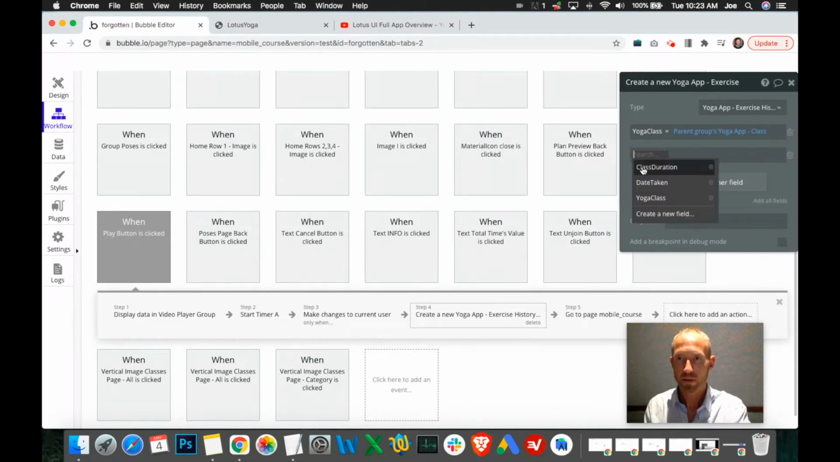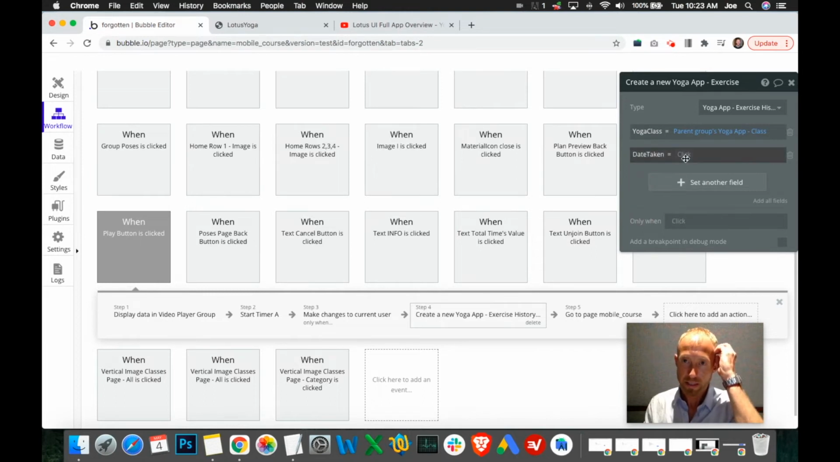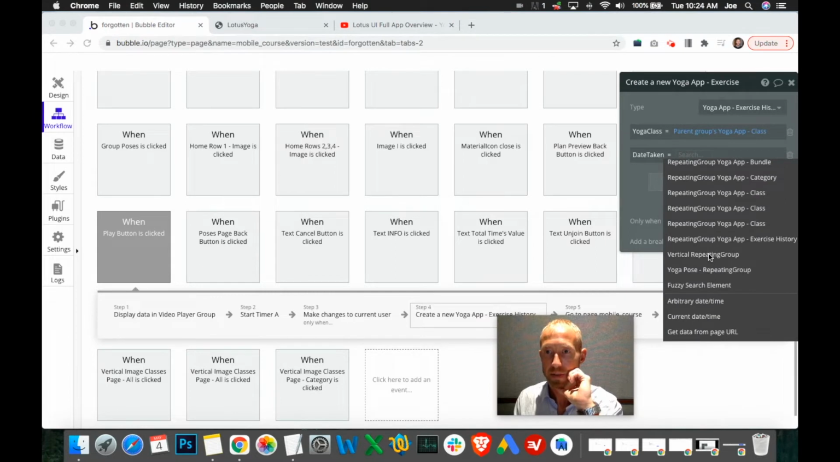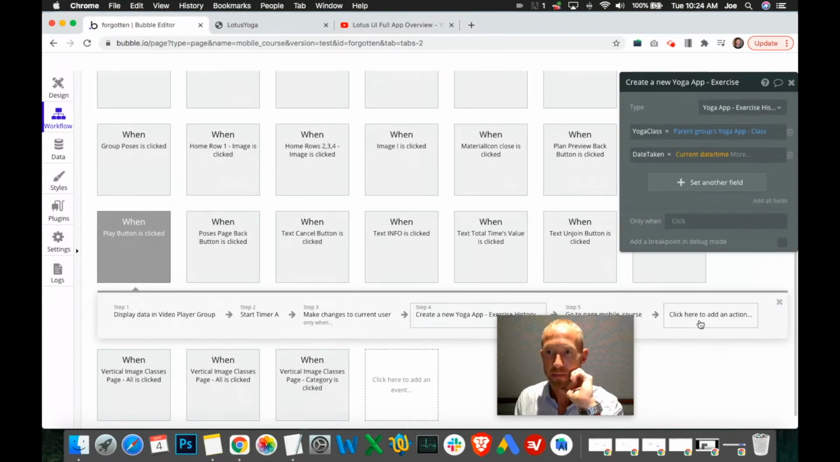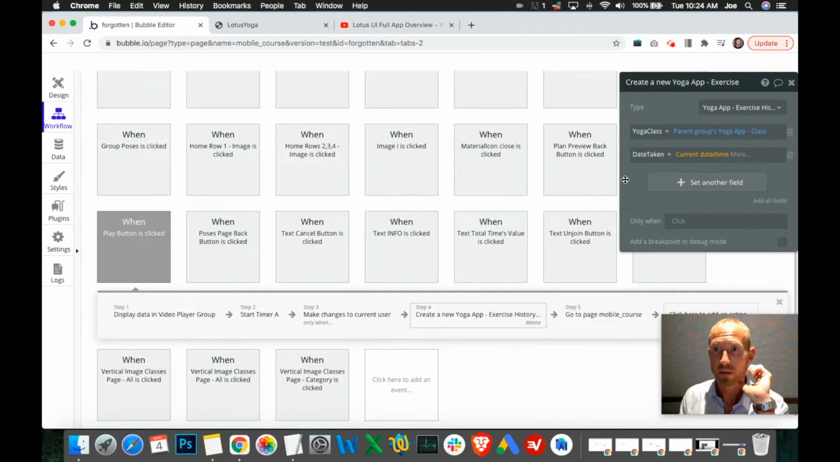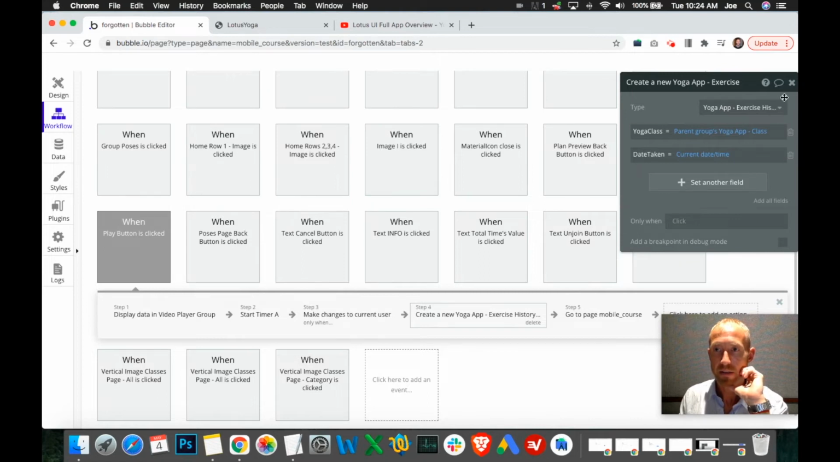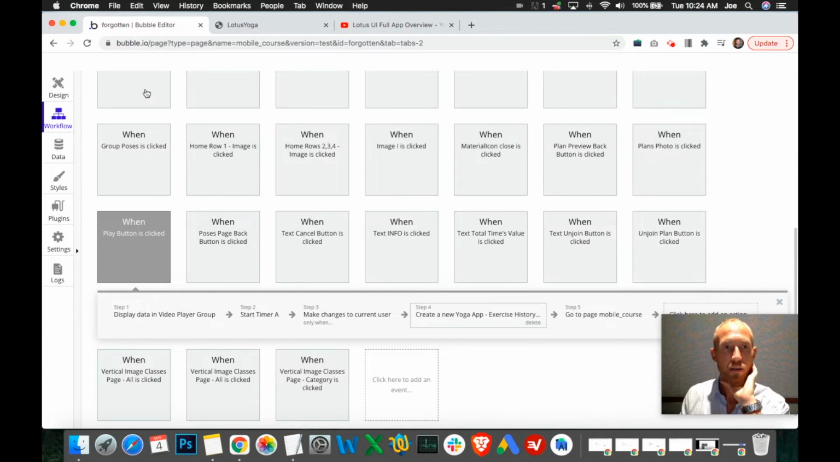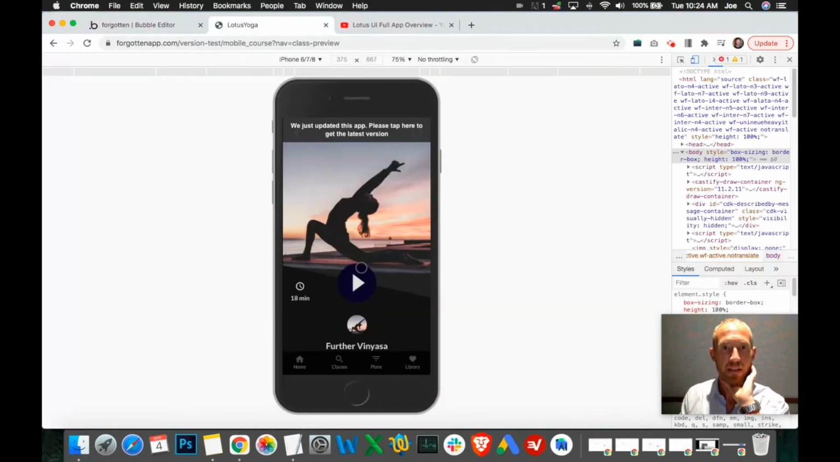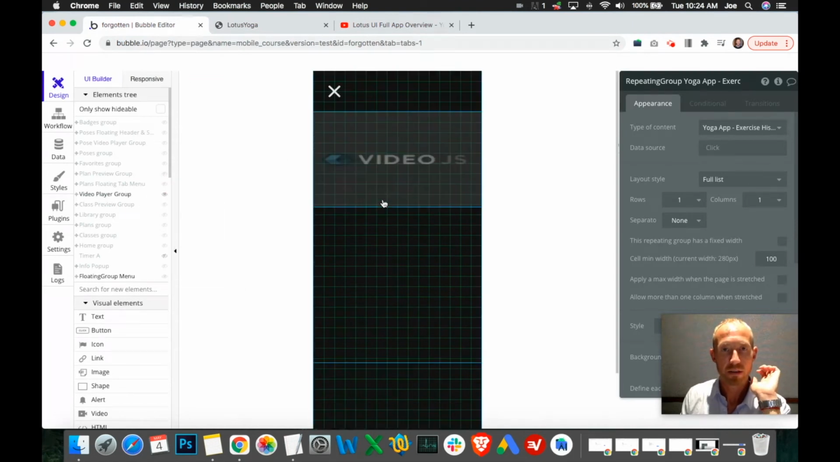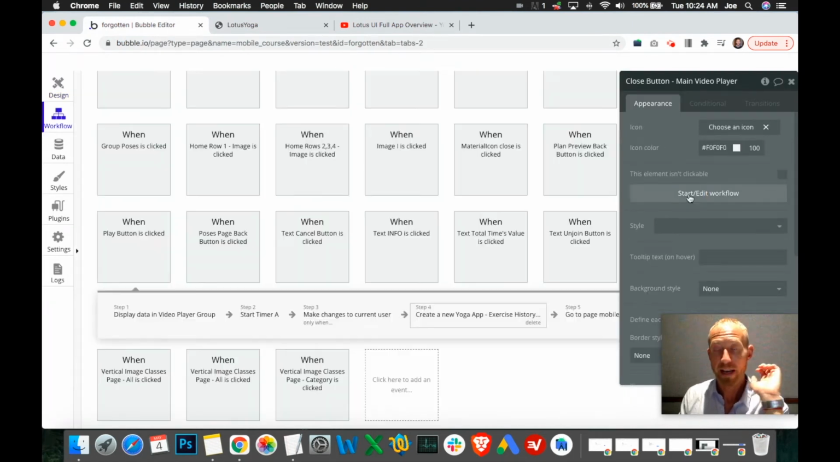We want to set the date taken as, I believe it's just an option, the current date and time. It's just an option in Bubble because dates are used often. And the duration, we will set that later. So we created a new thing, and then when the person plays the class, they'll have to X out of the video player at some point. And when they X out of the video player,